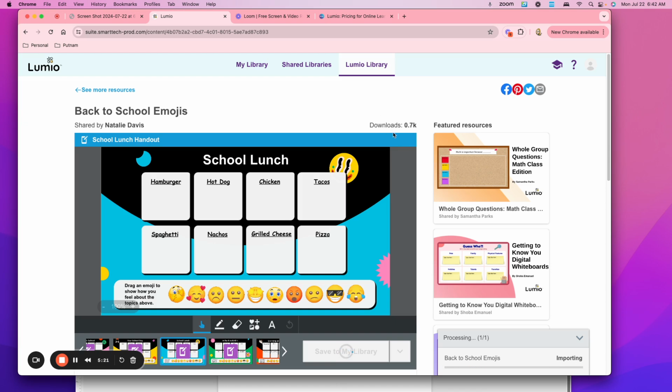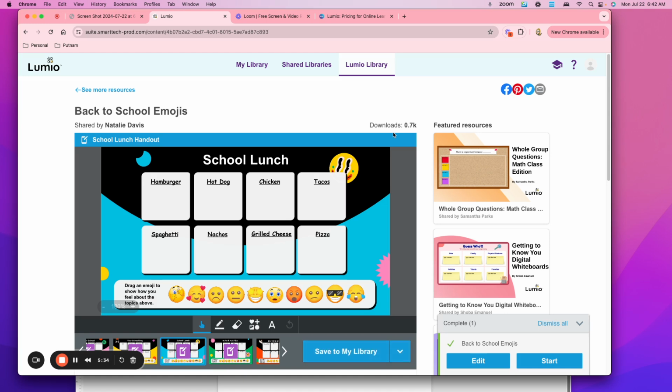how much space something is taking up in your actual library, because if you're using it for free, you would want to maybe put something in your library, and then you're going to want to take that out of your library in terms of using up the amount of free space. So I've got here my Mac back to school, and I can start using it or I can go